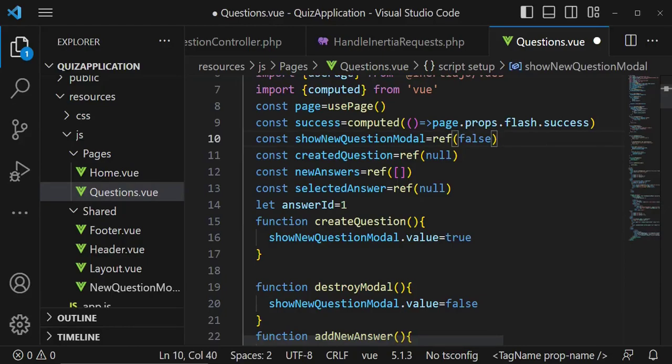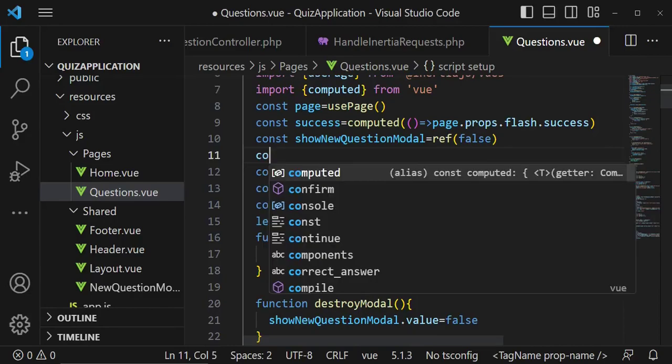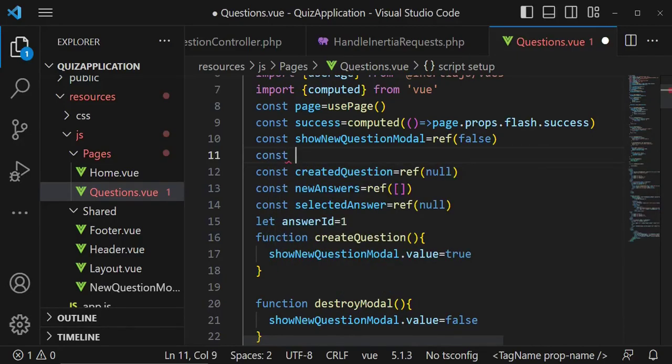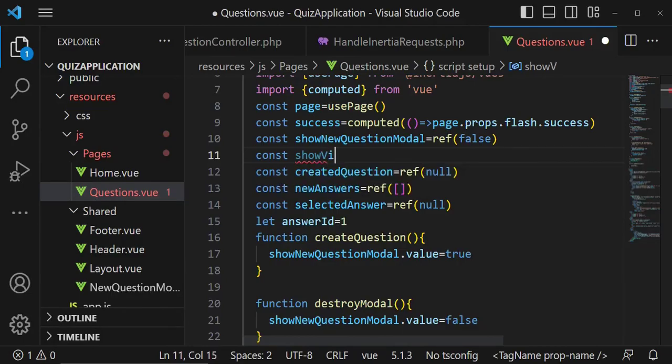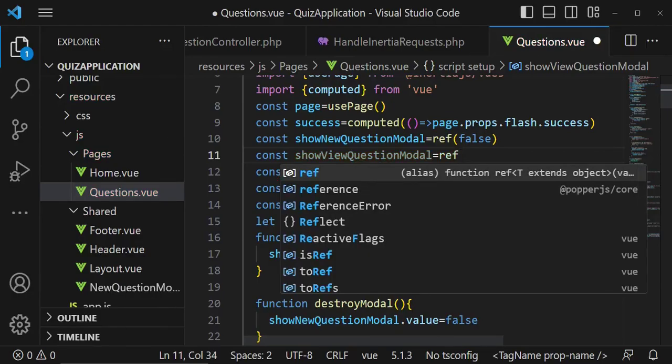In this case, I want to just create another one which will still show the same modal, and so here I can say show view question modal, like that. And in this case the default you set it to false